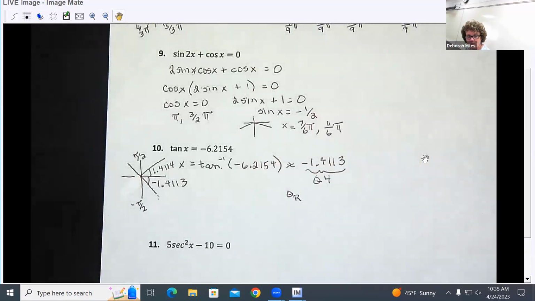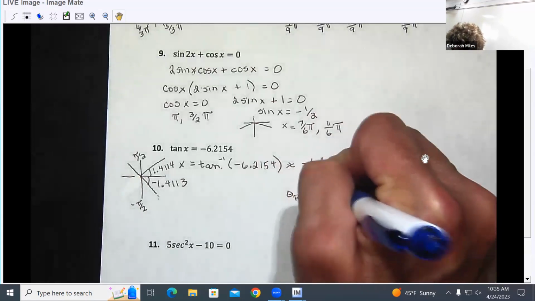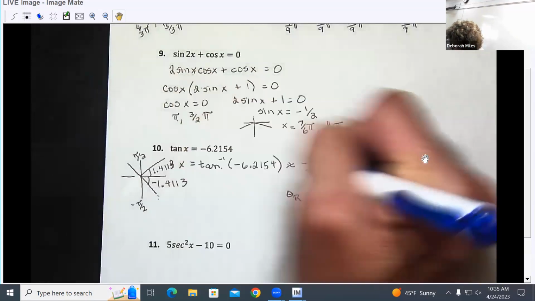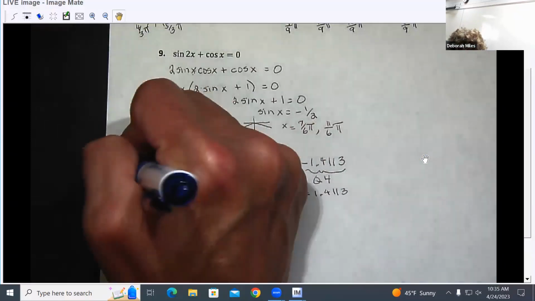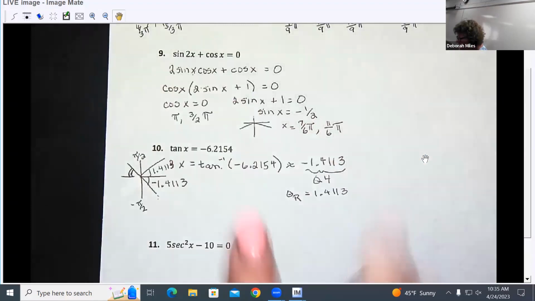That's the symbol for reference angle, is +1.4113. But the two answers that I want to give are this second quadrant angle where tangent is negative, and